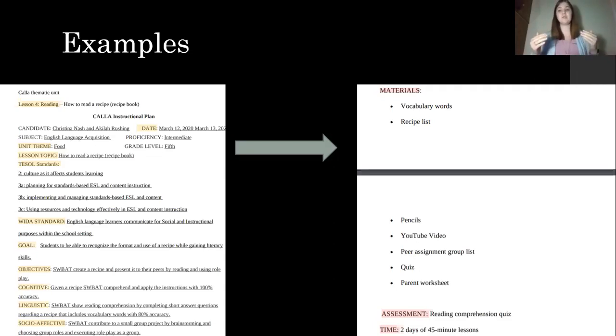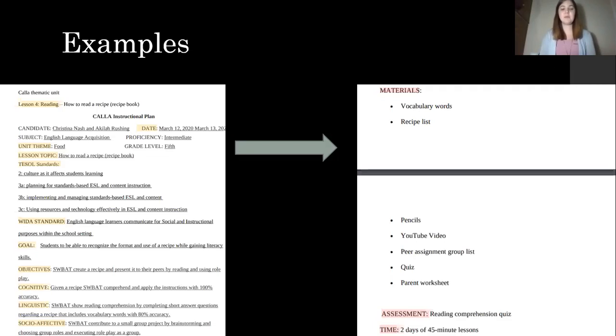Again, that's going to set up your whole lesson plan. Everything should be based off of those standards. So next you have your goal, which is your general overall, what do you want to accomplish in this class time? Then you have your objectives. As Akila mentioned, there are 3 different types. You have your cognitive, linguistic, and socioaffective, and you can read there and see the differences between those